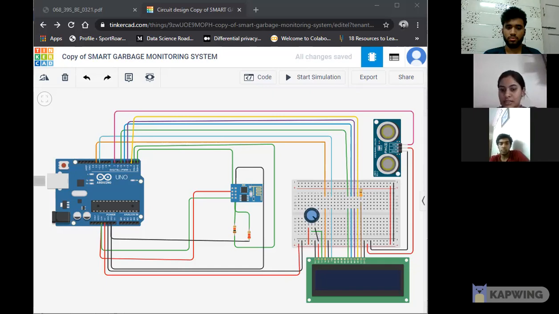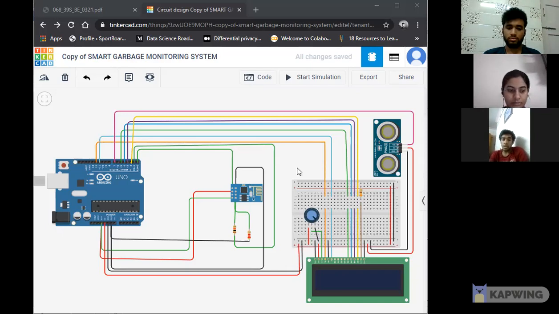This system is designed to minimize the flow of waste onto the roads, and it also tells the percentage of the bin that is filled with waste. It is mainly designed to sort the waste into different categories like metal, wet and dry using an Arduino microcontroller, which is easy to operate and efficient. Now Priyesh will be explaining the hardware components.